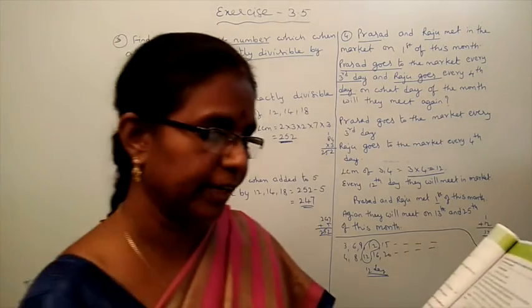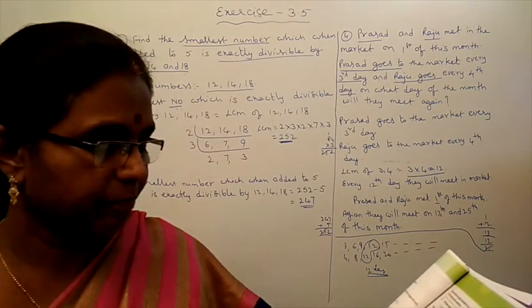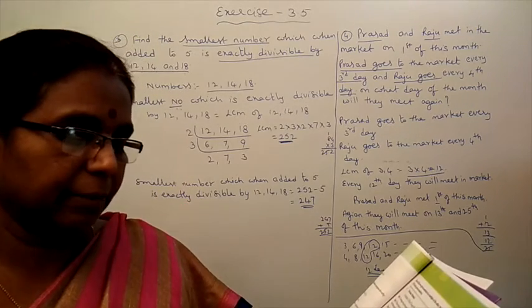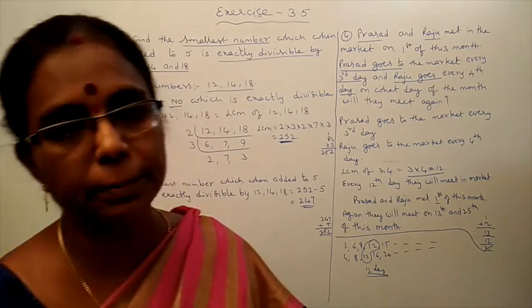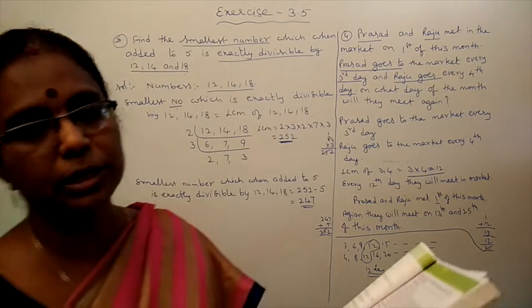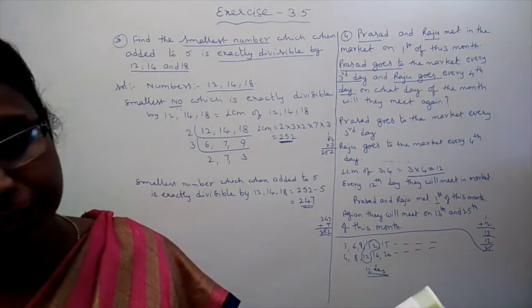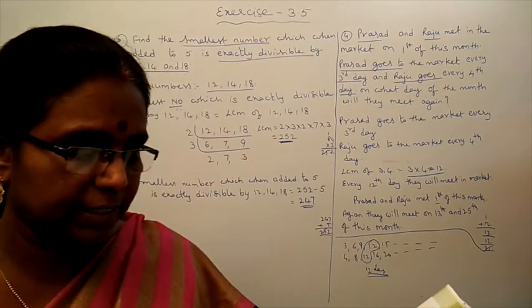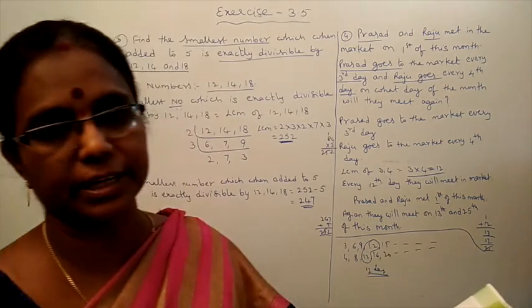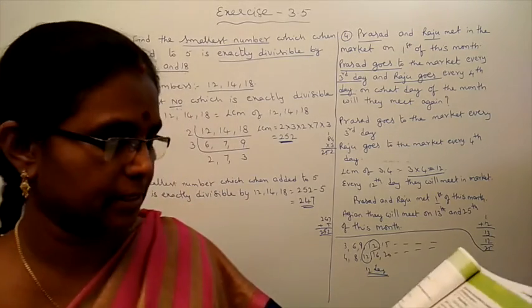Then first you have to find out the LCM of 75, 45, 60. That is the greatest 3-digit number which when divided by 75, 45, 60 leaves no remainder, means that is a divisible number. No remainder means divisible number. Then that is LCM only. LCM of 75, 45, 60. But the second question, what is he asking? The remainder 4 in each case. Then you have to add 4 to the LCM. That is the second answer.